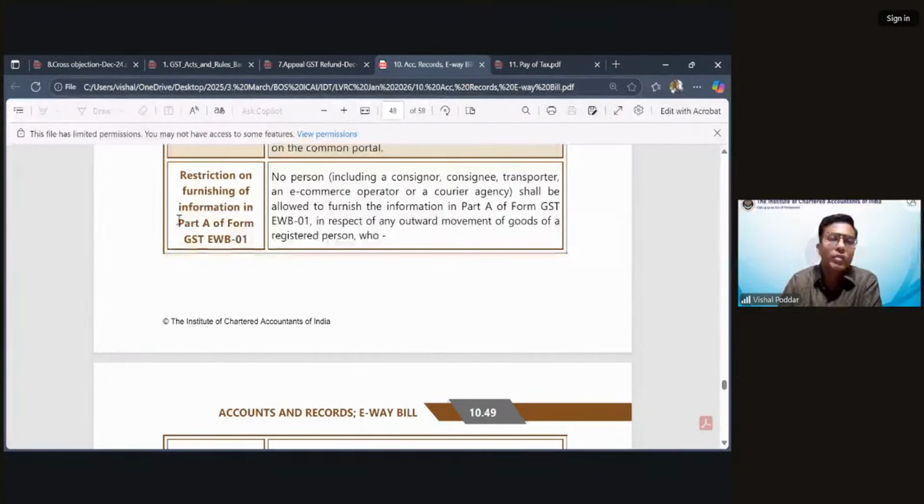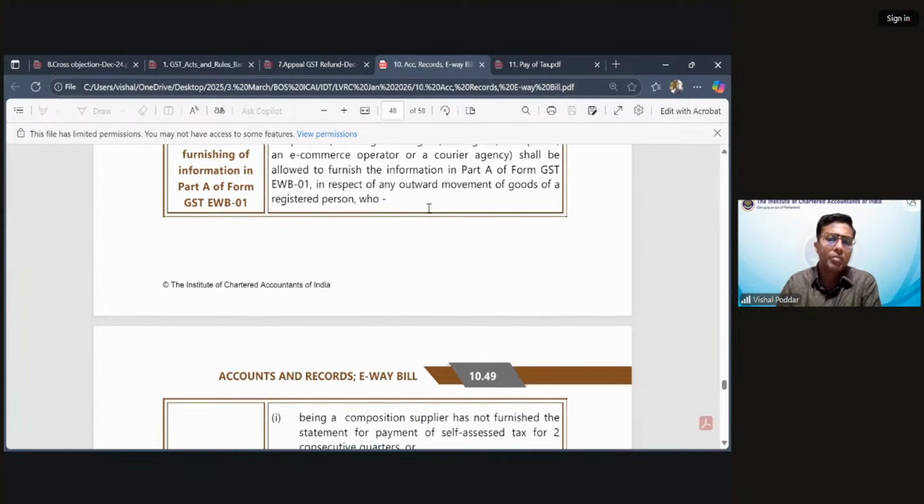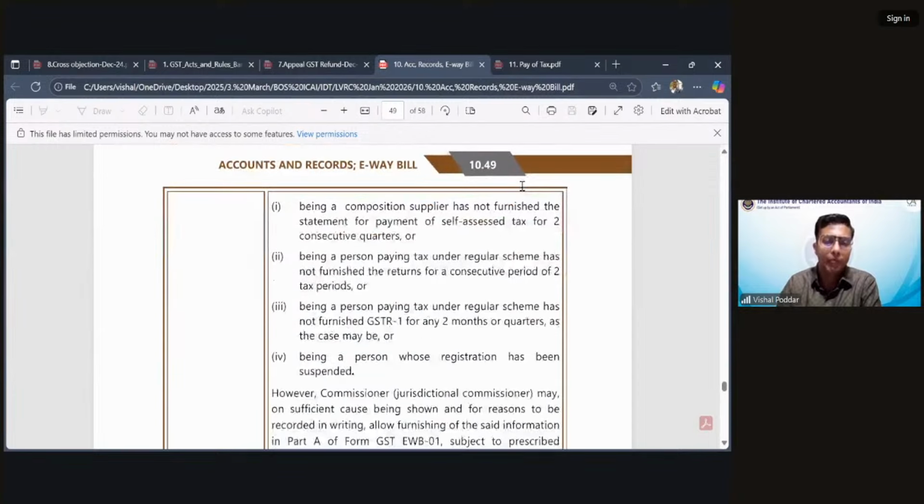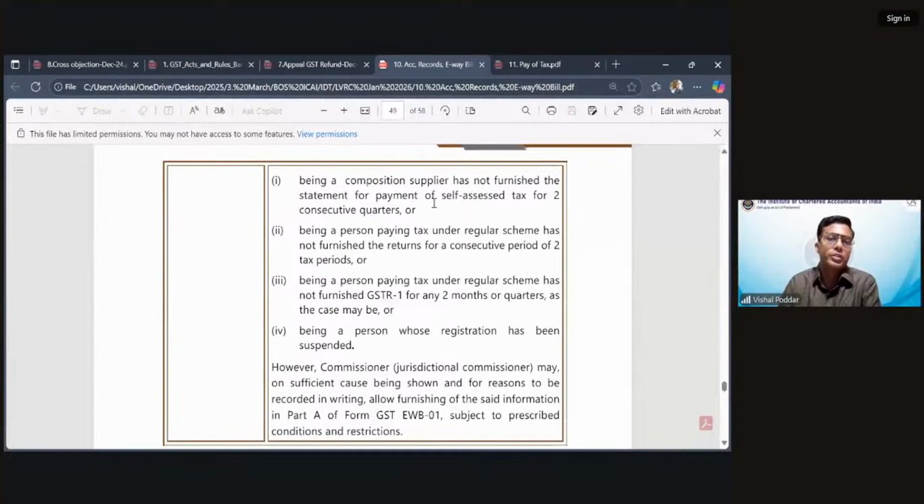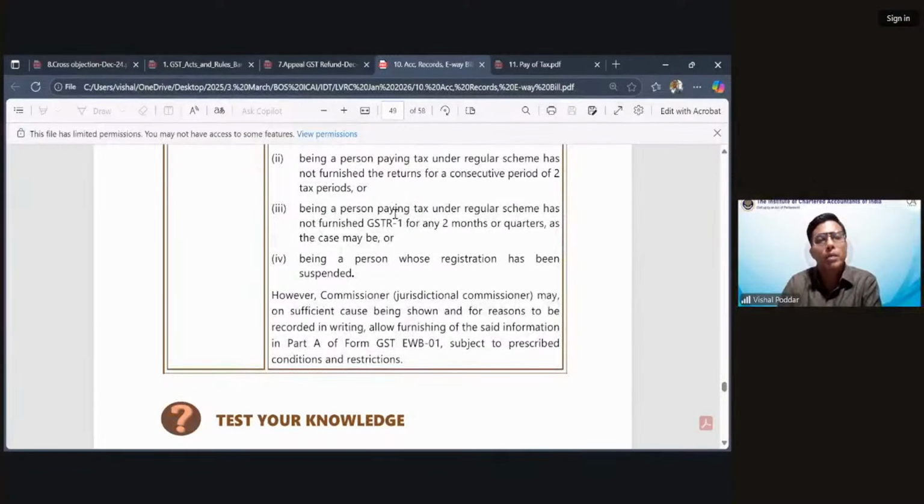Restriction on furnishing of information in Part A of e-way bill portal. So in short, restriction on generating the e-way bill itself. So when the portal will restrict you from generating an e-way bill, firstly, no person, consignor, consignee, transporter shall be allowed to furnish information in Part A of the e-way bill in respect of outward movements of goods where, being a composition dealer, the person has not furnished the statement for payment of self-assessed tax for 2 consecutive quarters. In short, he has not made payment up to 2 quarters,